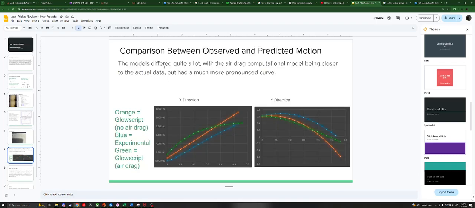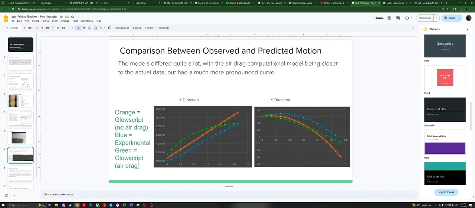And then here's a comparison between the observed and predicted motion of the lab. So the orange line is the GlowScript model without air drag. As you can see, the x direction is constant because there's no force acting in the x direction. The green is the GlowScript model with air drag, which as you can see for the x direction, slowly is decreasing because the drag is working against the motion in the x direction. And